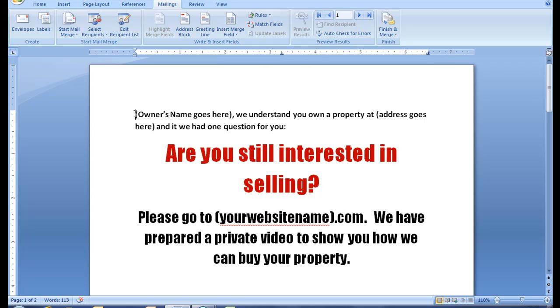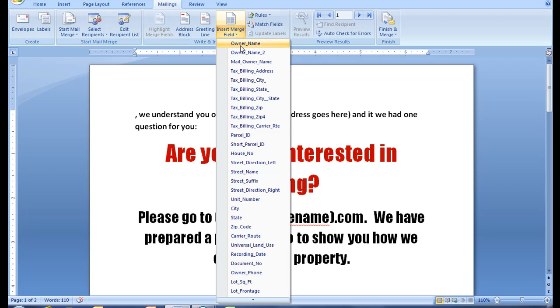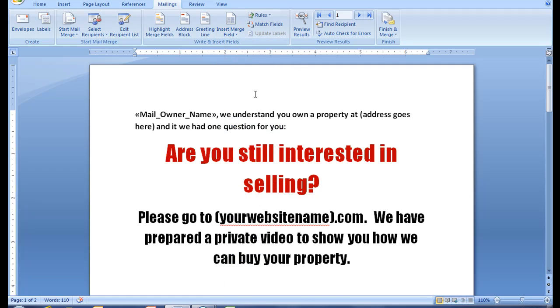So what we want to do is take this out, and I want to insert the owner's name. So here's what I'm going to do. Here's a greeting line, an address block, insert merge field. This is what I want to do. I want to put in owner's name, or even the male owner's name. So let me show you. You put in male owner's name, and if you click on this preview results, it basically says Alfred and Sarah Green, we understand you own a property at, and then here is where we need to put in the property